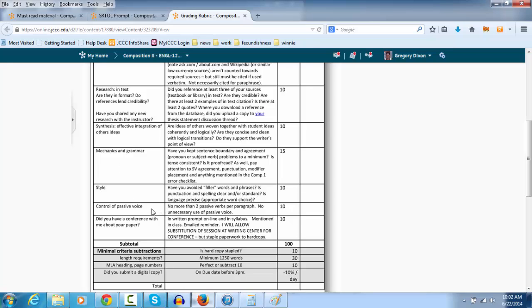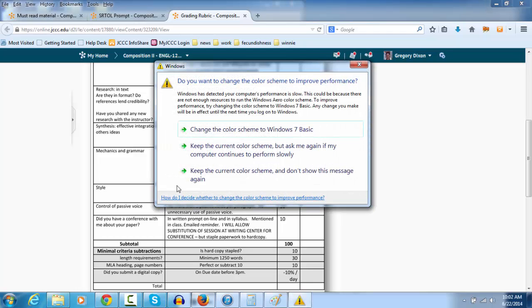Passive voice is are, was, were, be, being, been, am. If I see too much of it, I will take 10% off, up to. Usually I like to ding points on passive voice if everything else is looking pretty good, and they would have had an A otherwise. I generally don't move anybody from a B to a C because of passive voice, but yeah, a lot of people miss A's because of